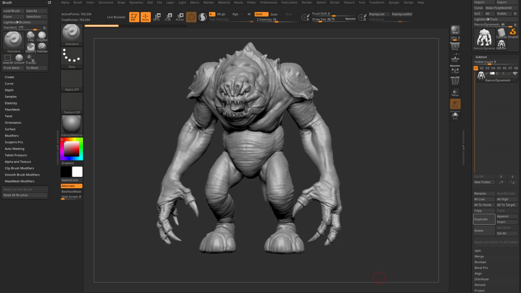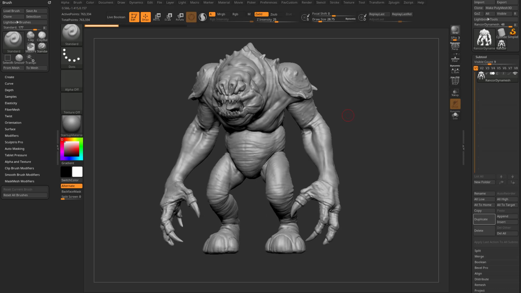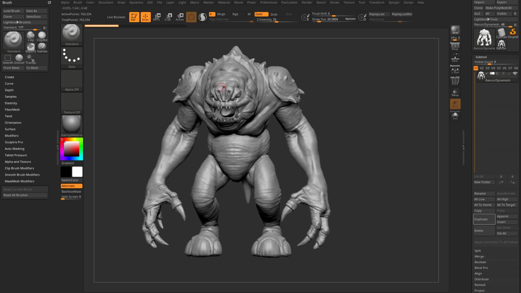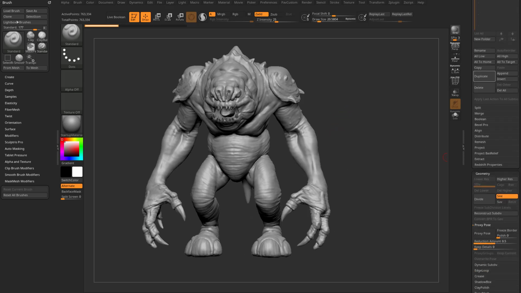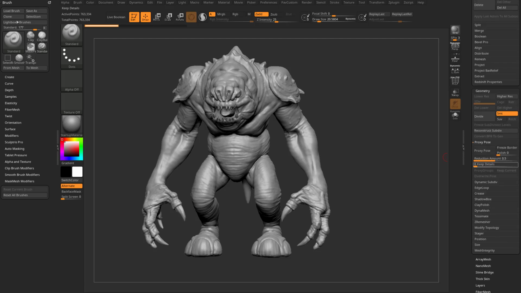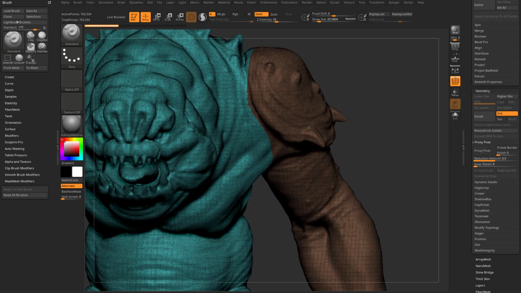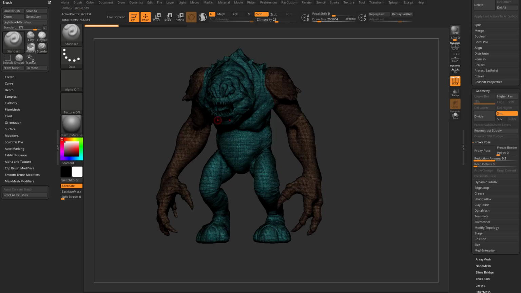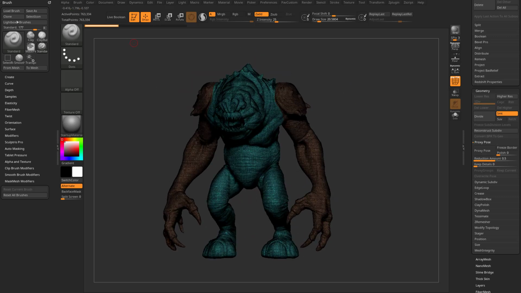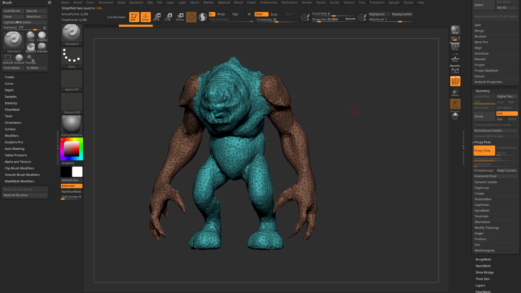This video is going to be more of a refresher video than something that's new functionality, but I figured it's important to put this in here because it does have similar functionality to what we've been talking about, which is underneath Geometry, ProxyPose. So for example, if you're just joining us for this video, we have a Dynamesh here. It's 763,000 polygons. And if I go in here and just say ProxyPose, it'll give us a new low res,